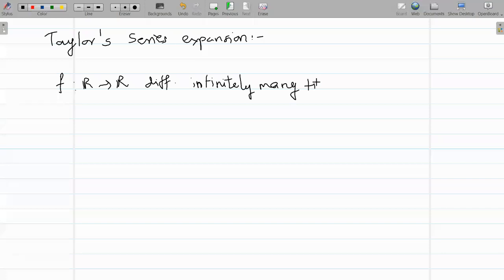Infinitely many times for convenience, and say at a particular point, at a, or infinitely many times on R, and I am fixing some a. Then interesting, what is the benefit? If I know f of a, if I know f dash a, if I know f double dash a, if I know only these terms, f triple dash a,